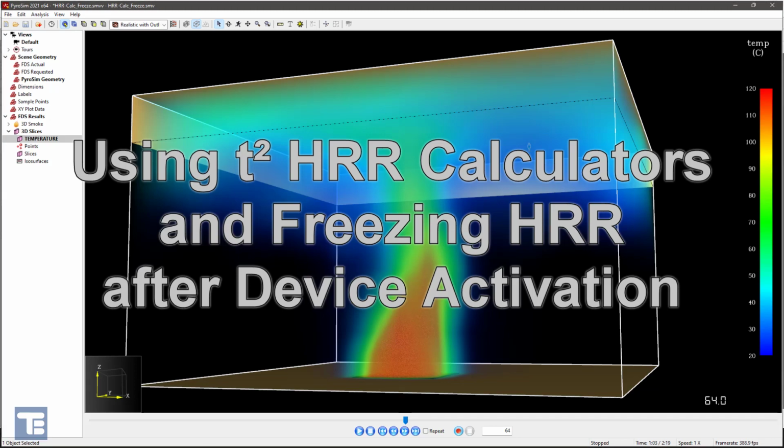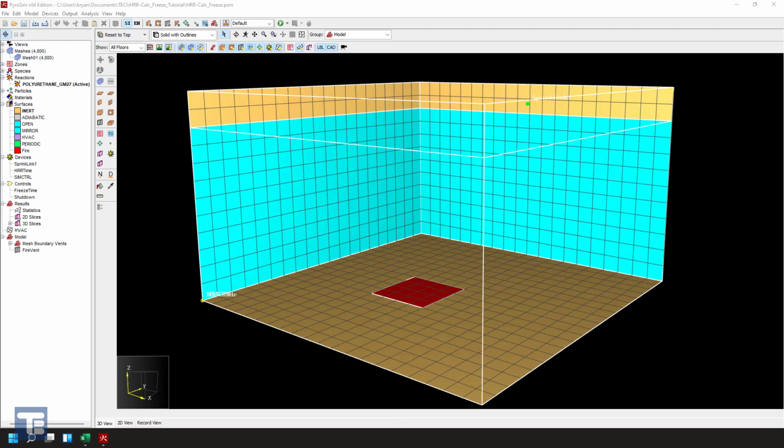Hello. I'd like to take a few minutes today to go over a short tutorial on how to use a couple of tools that we produced here at Thunderhead to help you calculate t-squared fire data, in addition to a little database of previous fires, profiles that have been gathered from various fire experiments. And both of these tools help in different ways to give you the heat release rate curves that you're looking